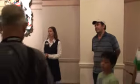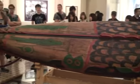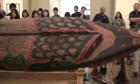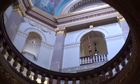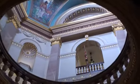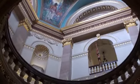Okay, in the center of the room, allow me to tell you about this canoe on display. This is a traditional Coast Salish river canoe. It was carved by the current Lieutenant Governor of British Columbia, the Honorable Stephen L. Point. By the way, lieutenant can also be pronounced lieutenant. It's the same word. Up here in Canada, we pronounce lieutenant lieutenant. His Honor found the log right here in Victoria on a beach near Ross Bay, and he enlisted the help of a master carver, and when they finished, he